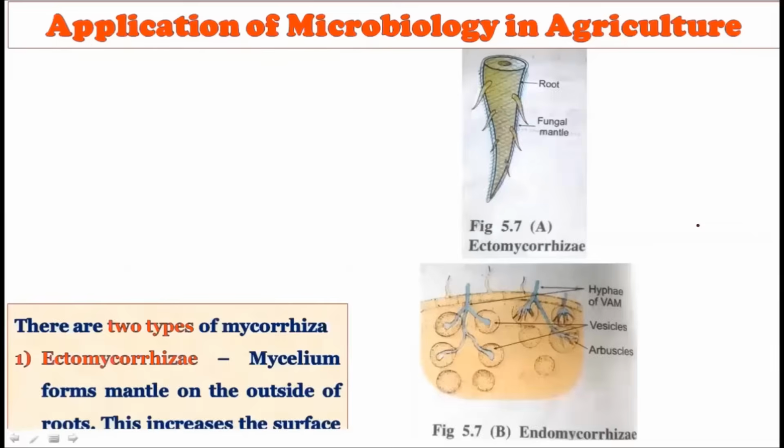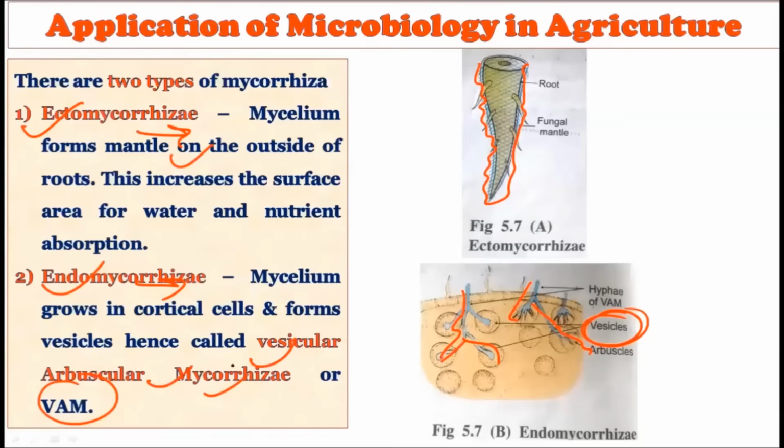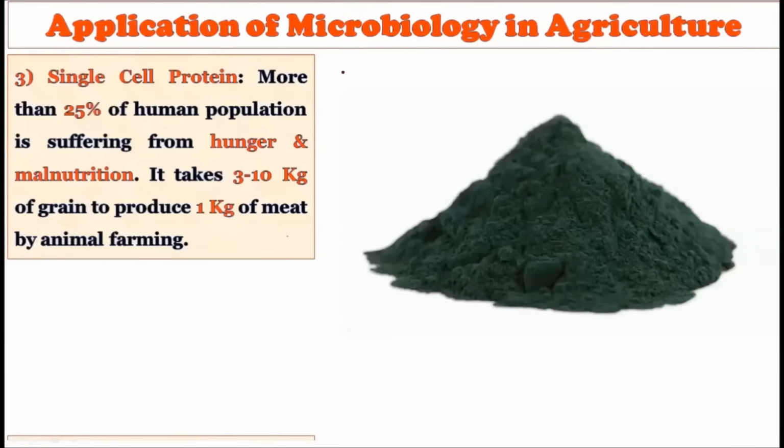अब देखिए यहाँ पे फिर दो टाइप्स ऑफ कोर्स हमने एक्टोमाइकोराइजा एंडोमाइकोराइजा दोनों देख लिए हैं. हमने ये दोनों डिस्कस किए हैं, इसलिए हम फिर से उसको डिस्कस नहीं करेंगे। यहाँ पे एक्टोमाइकोराइजा भी होता है और एंडोमाइकोराइजा भी होता है, डिपेंडिंग अपॉन कि माइसीलिया कहाँ तक ग्रो करता है। जब एक्सटर्नल सिर्फ मेंटल बनाता है ऐसे बाहर से, then it is called as the एक्टोमाइकोराइजा, और जब अंदर पेनिट्रेट करता है सेल के अंदर, कॉर्टिकल सेल के अंदर, तो उसे एंडोमाइकोराइजा कहते हैं। और वो वेसिकल बनाता है, इसलिए उसको वेसिकुलर अर्बिस्कुलर माइकोराइजी भी बोलते हैं। ये हमने प्रीवियस लेक्चर्स में डिटेल में डिस्कस किया ही है।